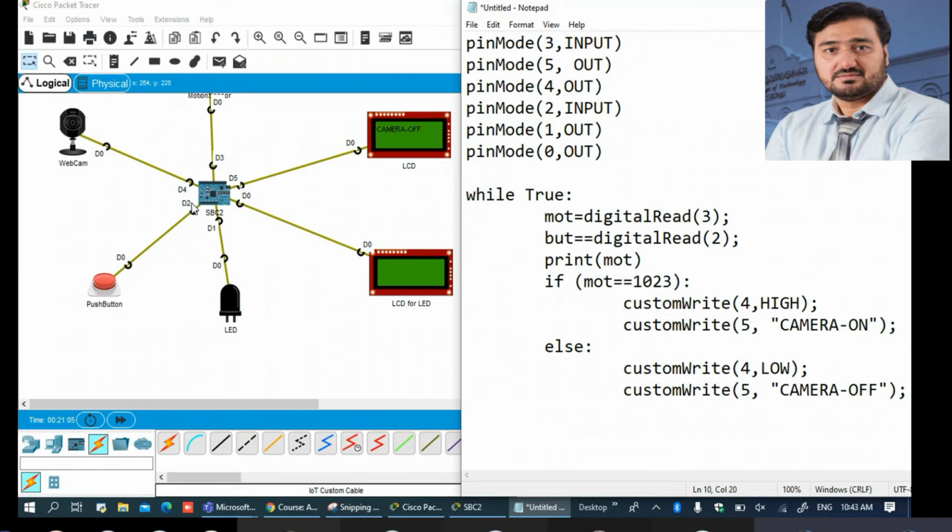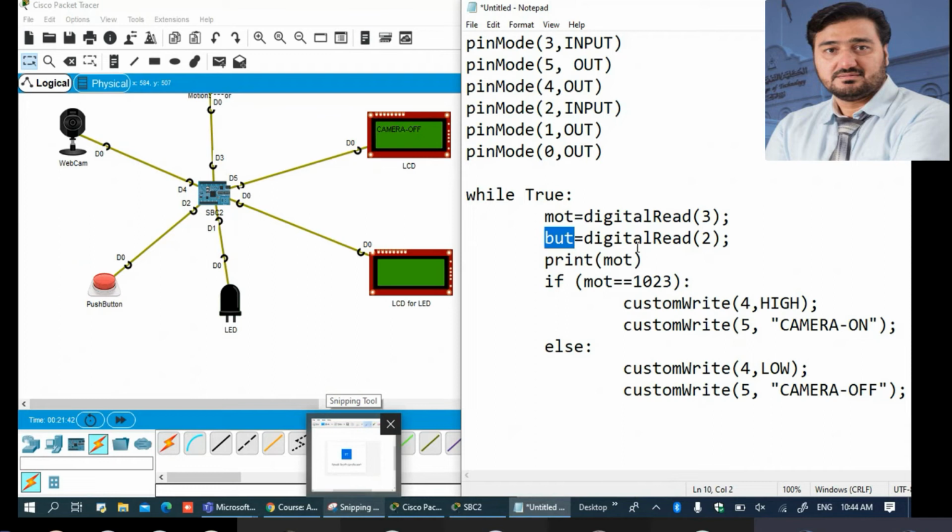This digital write function will read the value of this button from port number 2 and save this value in this variable, but. It is a function that reads the value from port number 2 and saves it in this variable.